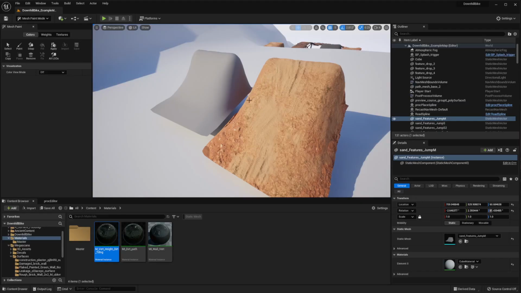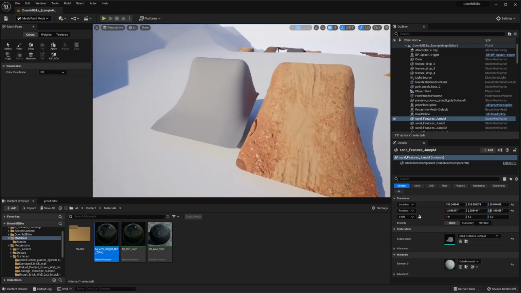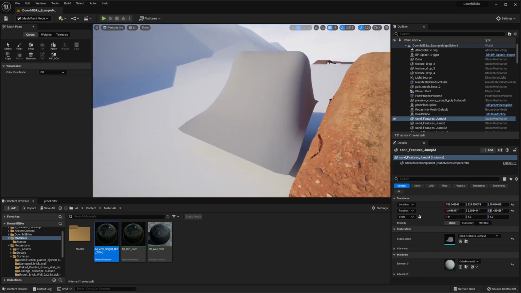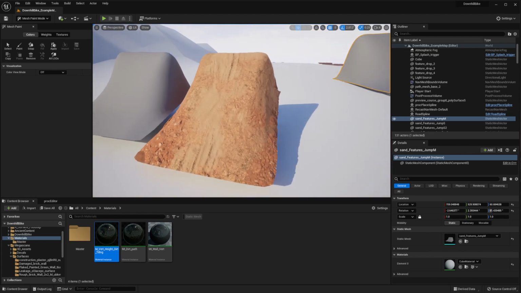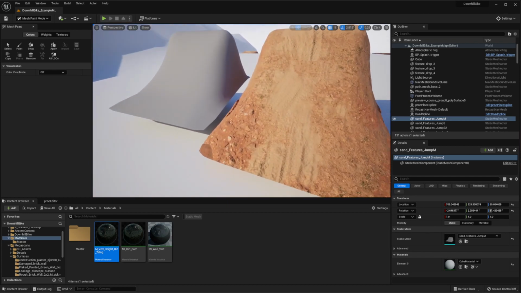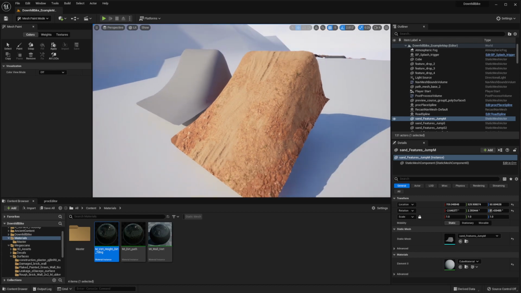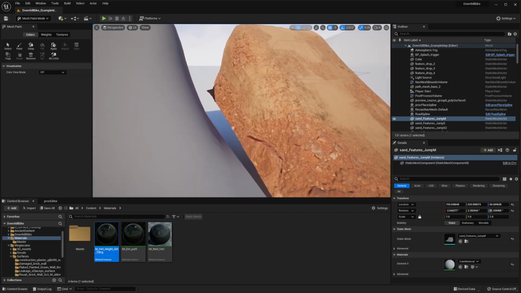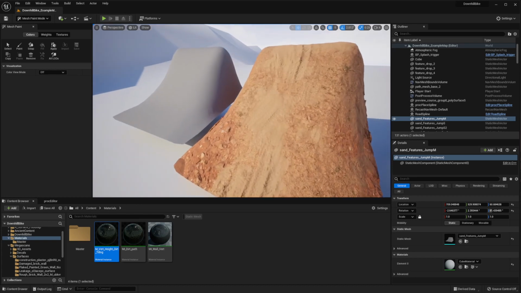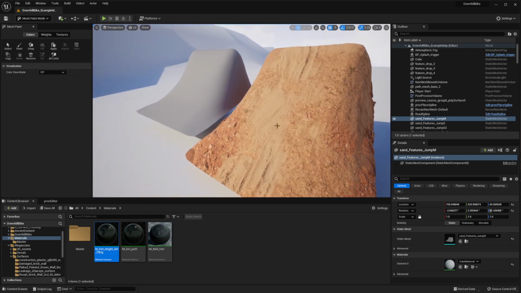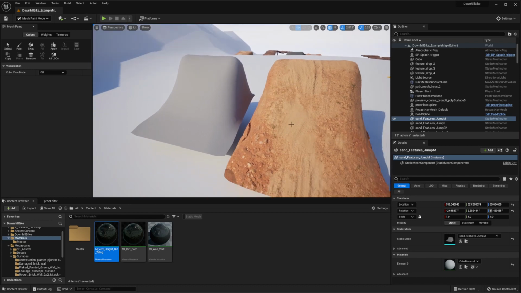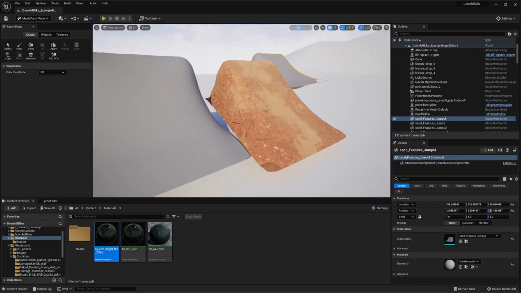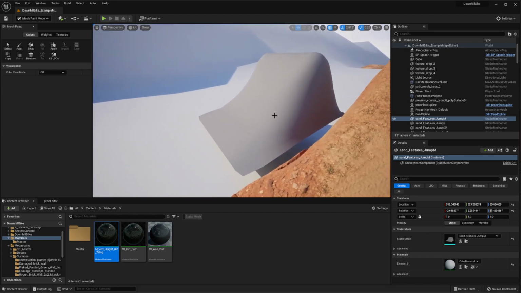Hello everyone, today I'll show you a technique that you can apply to your low resolution meshes to generate high resolution Nanite meshes, so you can take advantage of the new rendering workflow in Unreal Engine 5, where you can have millions and millions of polygons and it will render in one draw call everything that you have in your Nanite layer. So you can see the base mesh here for this right ramp was basically the same as the